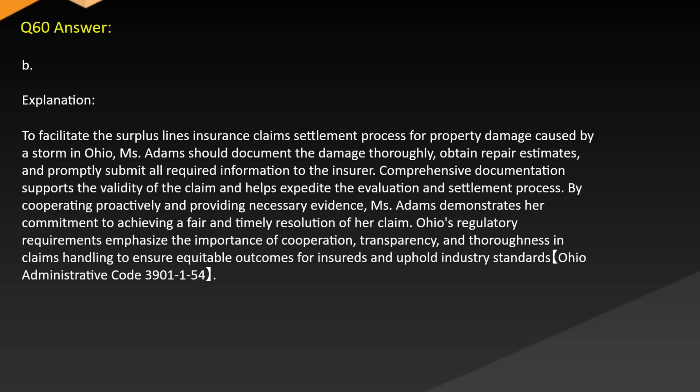Answer: B. Explanation. To facilitate the surplus lines insurance claims settlement process for property damage caused by a storm in Ohio, Ms. Adams should document the damage thoroughly, obtain repair estimates, and promptly submit all required information to the insurer. Comprehensive documentation supports the validity of the claim and helps expedite the evaluation and settlement process. By cooperating proactively and providing necessary evidence, Ms. Adams demonstrates her commitment to achieving a fair and timely resolution of her claim. Ohio's regulatory requirements emphasize the importance of cooperation, transparency, and thoroughness in claims handling to ensure equitable outcomes for insureds and uphold industry standards. Ohio Administrative Code